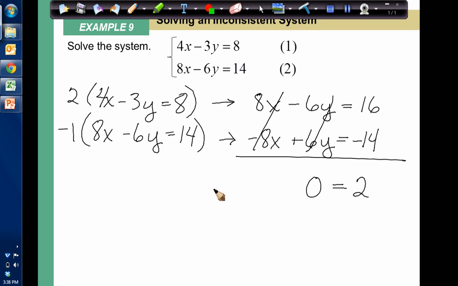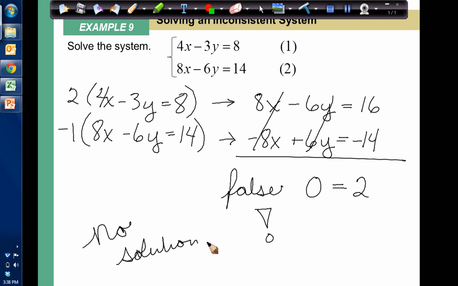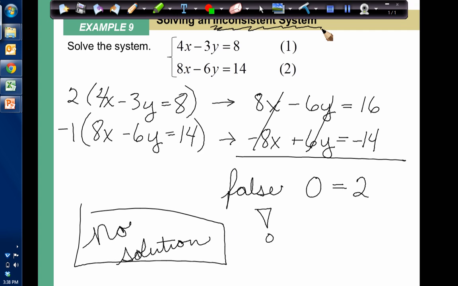Alright, so here we ended up with an equation that has no variables in it, just like in the previous example, but this time it's false, because 0 does not actually equal 2. So when you end up with something that is false, that means that you have no solution, because no matter what happens, there's no way that 0 will ever equal 2. So you have an inconsistent system, inconsistent equations. That means they're parallel, they never